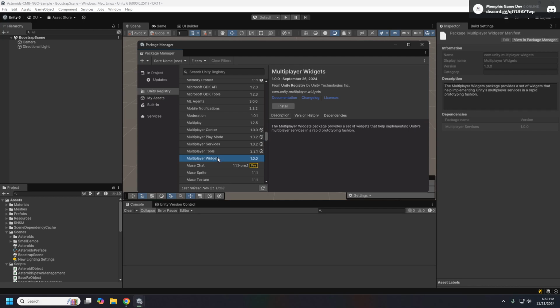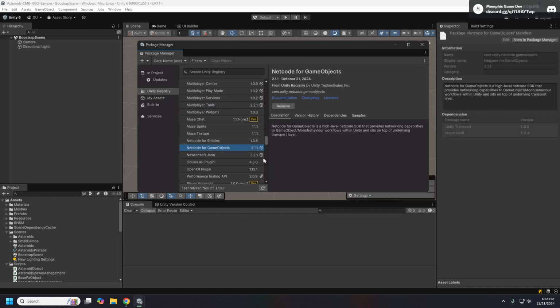This project does not have the widgets installed, but that makes things a lot easier too. And you can get all these from the Package Manager. But this is using Multiplayer Services 1.0.2 and Netcode for GameObjects 2.1.1. The Unity version I'm in is 6.0.25.